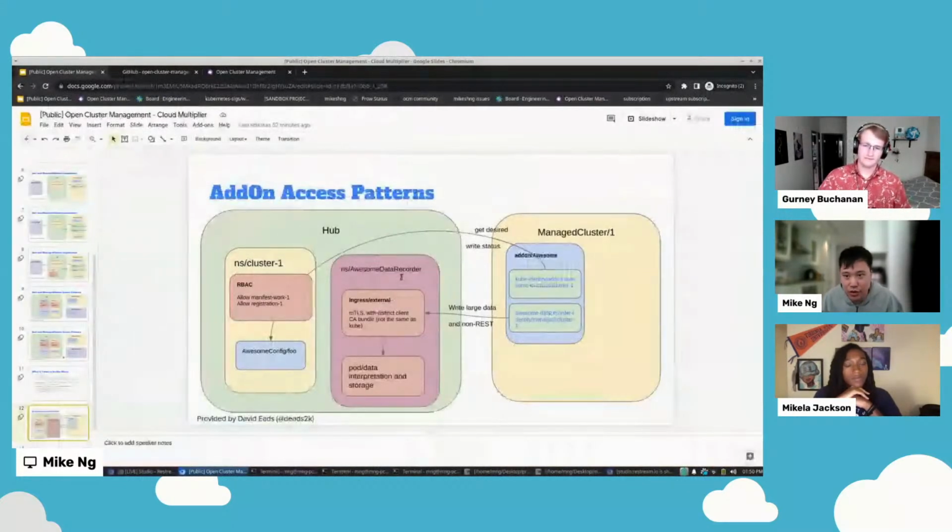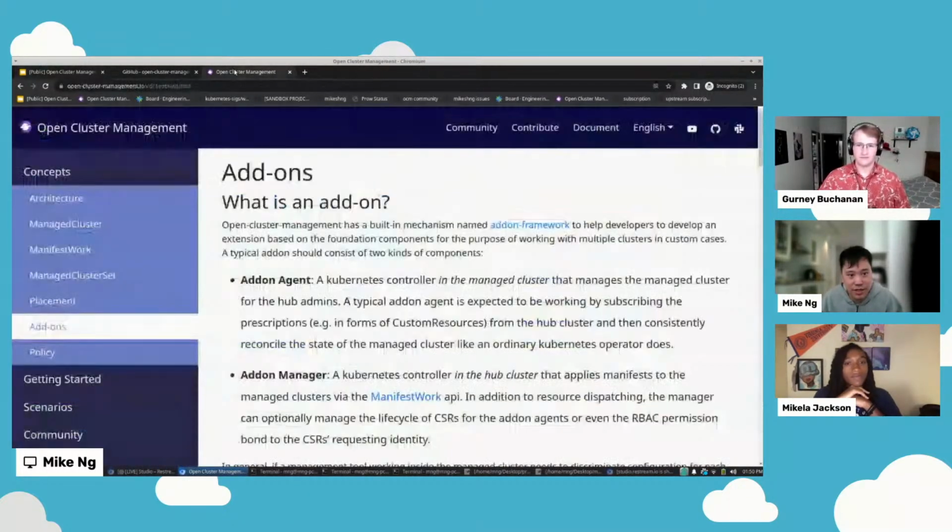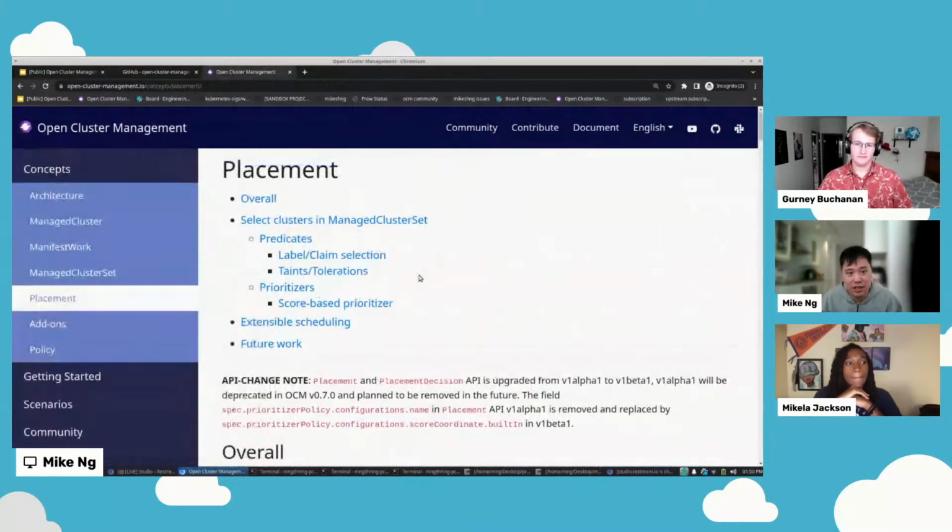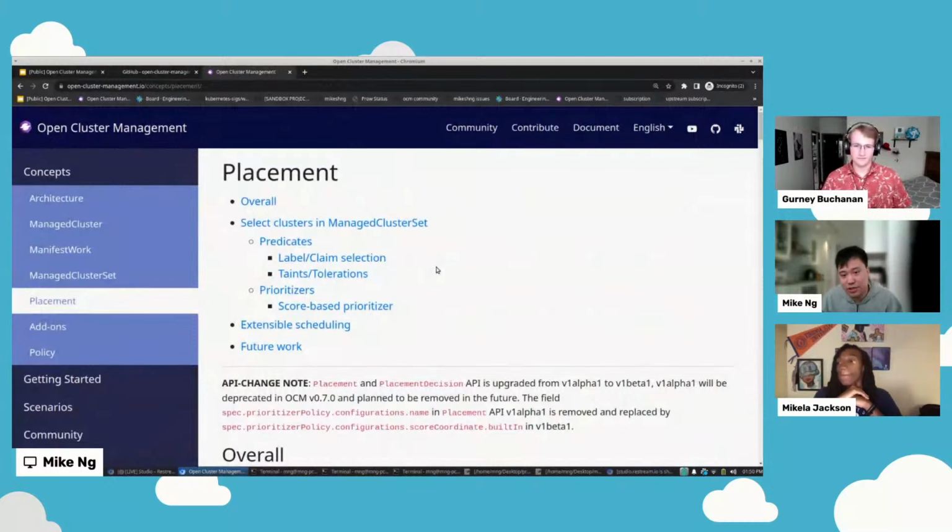There are still a lot of other APIs in Open Cluster Management. For example, we haven't touched the placement API, which is a really powerful API where you can determine which clusters have allocated resources, and then you can determine, hey, cluster 1 actually has more resources than cluster 2, and I'm going to push the workload towards cluster 1.